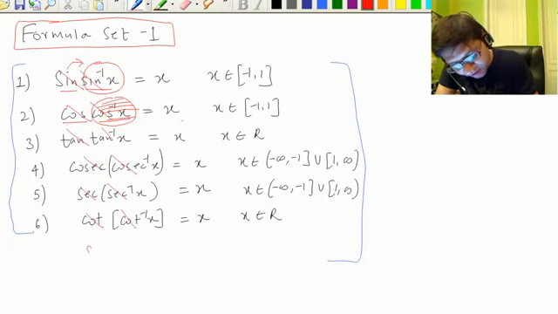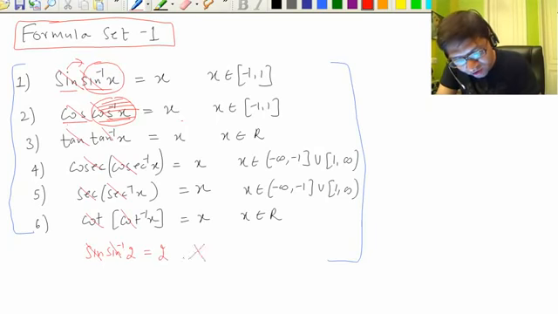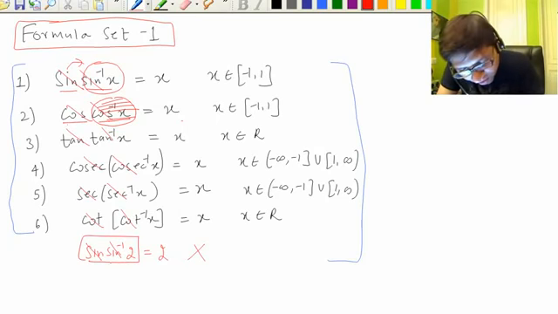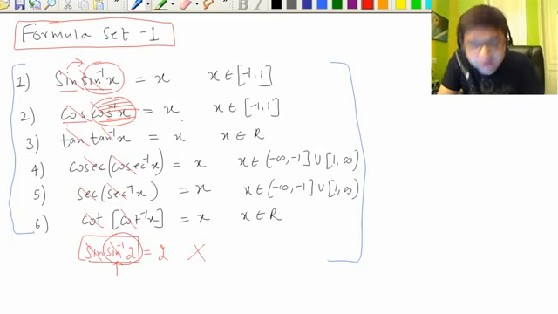Because if I say, and you can get into a trap like sine inverse 2, you say cancel sine with sine inverse and 2. Wrong. This is wrong. Sine inverse 2 is meaningless, because it is not possible to define an angle whose sine is 2. How is this possible? Sine cannot be greater than 1, right? The maximum value sine can take is 1. So sine inverse 2 is meaningless. So you have to take care.